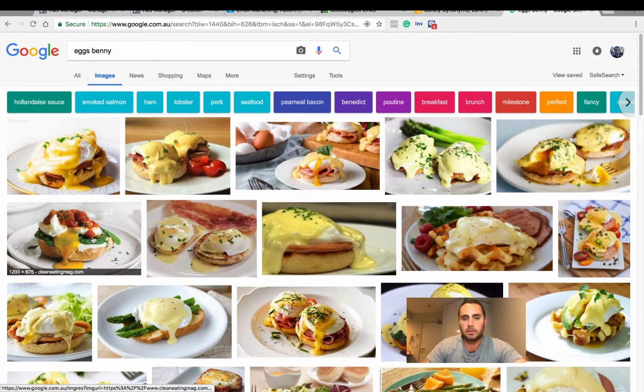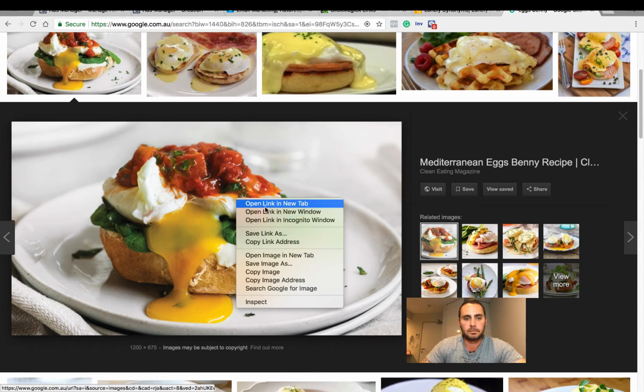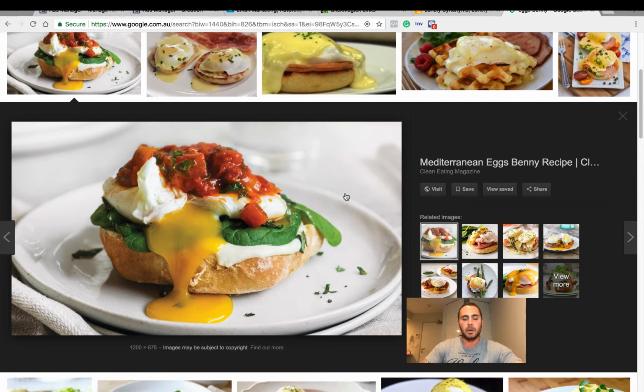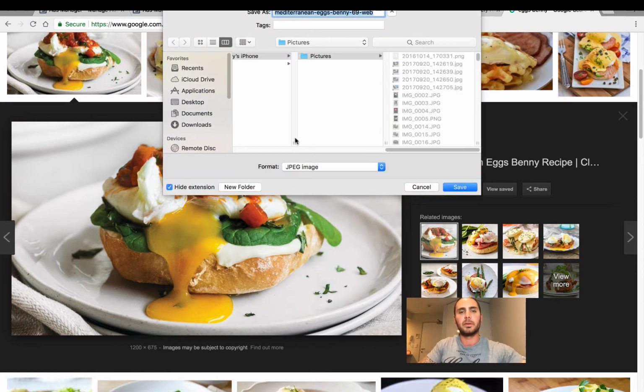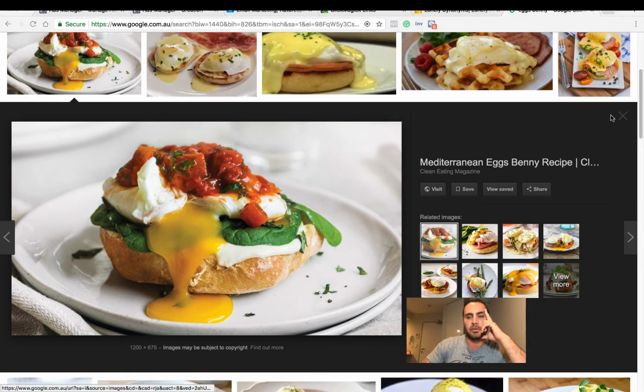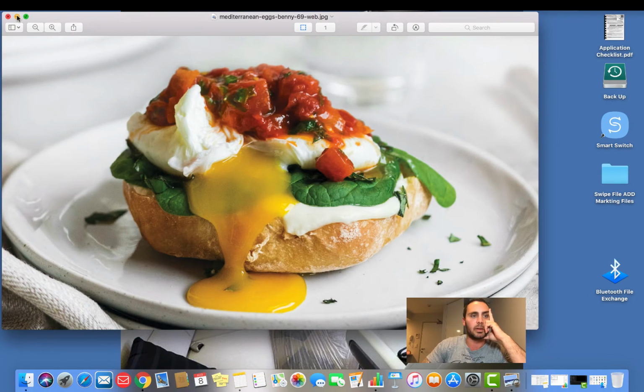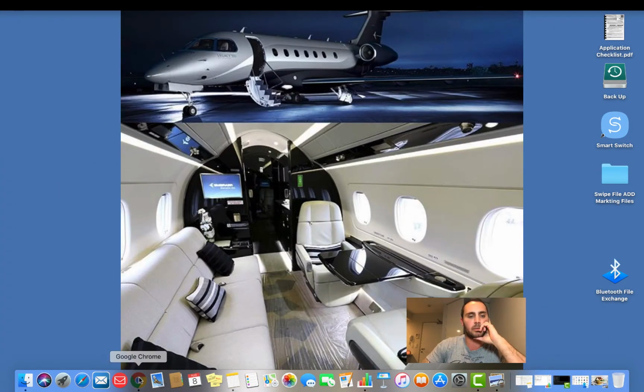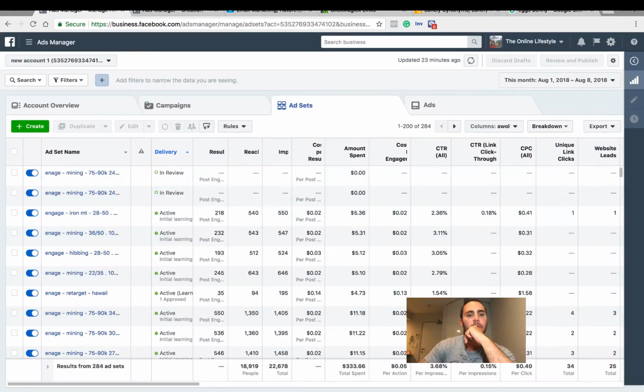That looks all right. You would obviously use a picture from your coffee shop. You'd have the eggs Benny on the table with your coffees and your orange juices and the whole deal, and you get a good photo shoot going. You obviously wouldn't just copy paste someone else's from Google, but